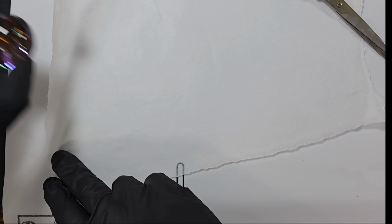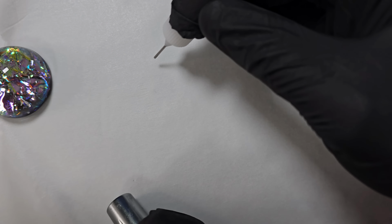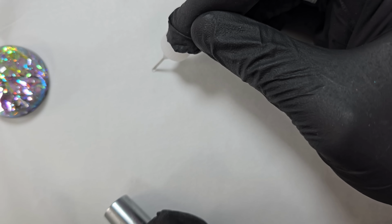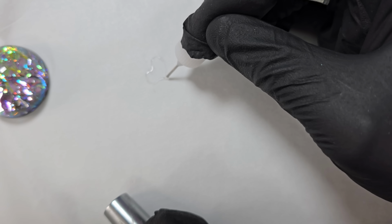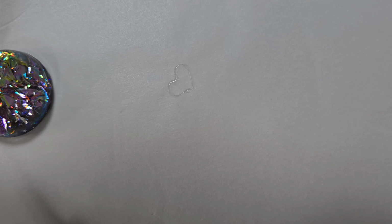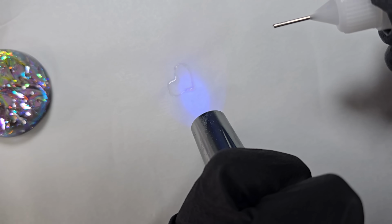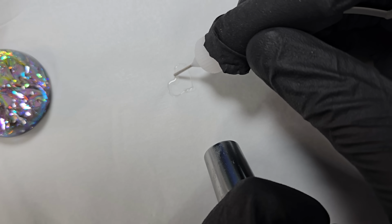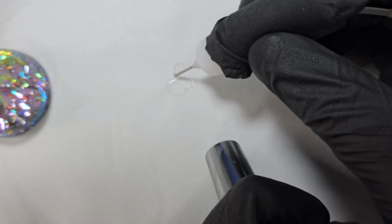Pop that there. So what we can do with this is just draw shapes like a heart. It's really difficult to see because it is so white. Any gaps you can just touch in afterwards. If you're not happy with the shape of it, you can go over it, make it as thick or as thin as you want,